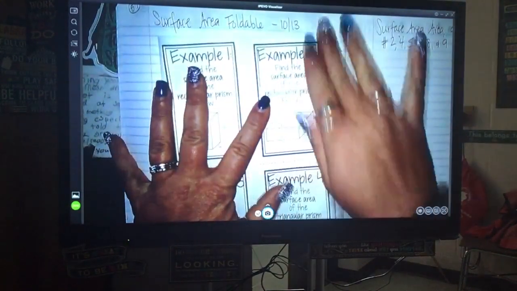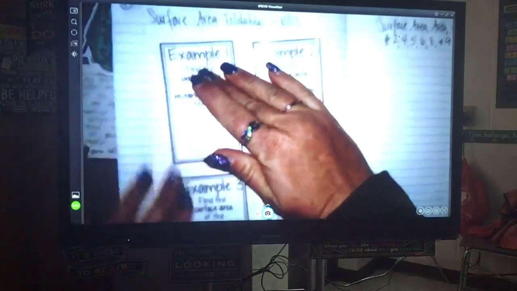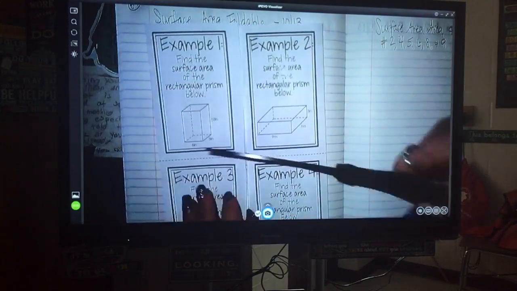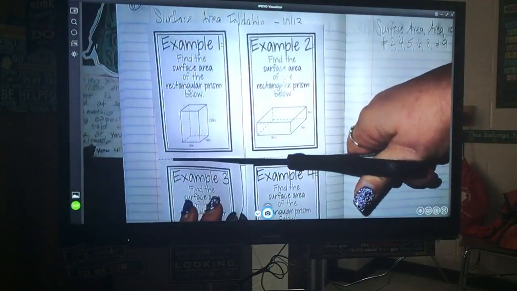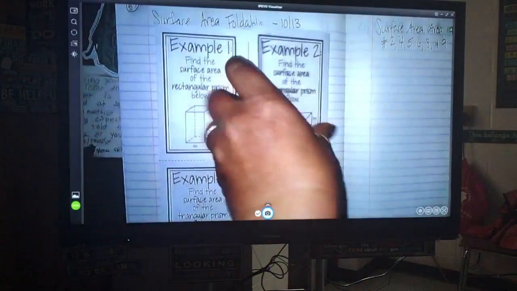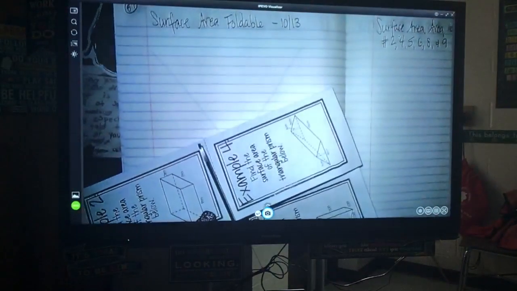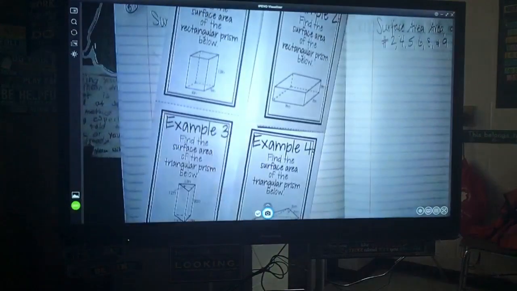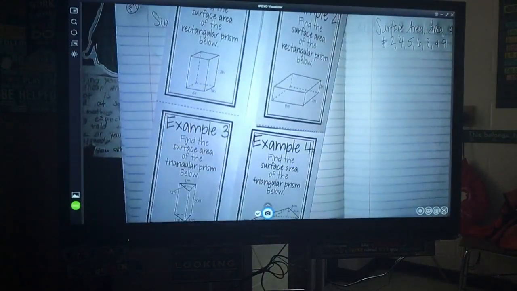so that you have example 1, 2, 3, and 4 on the outside. And then once it is folded, I want you to cut your flaps, but you're not going to be gluing it down just yet. Okay? So just cut your flaps and then